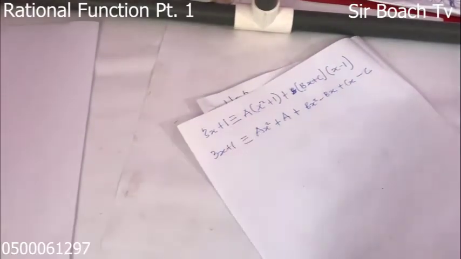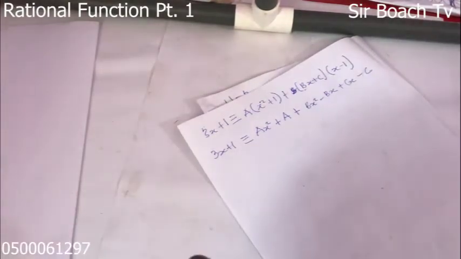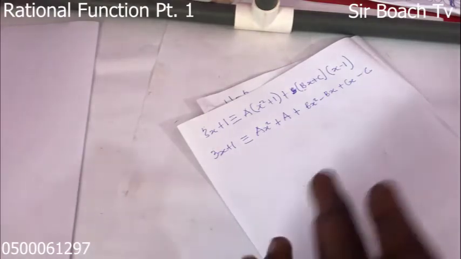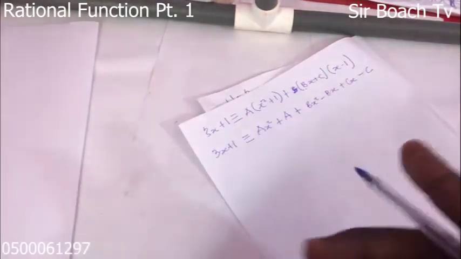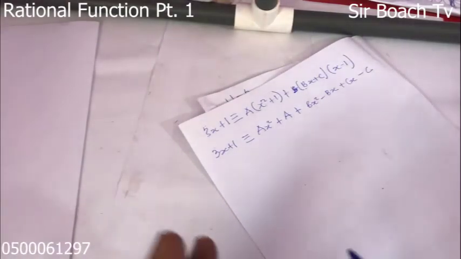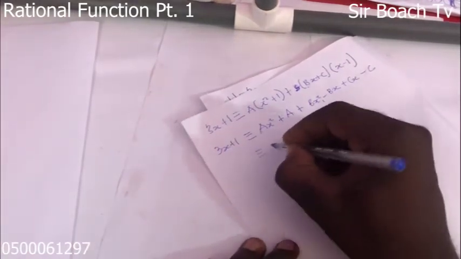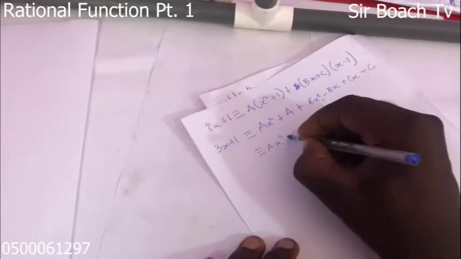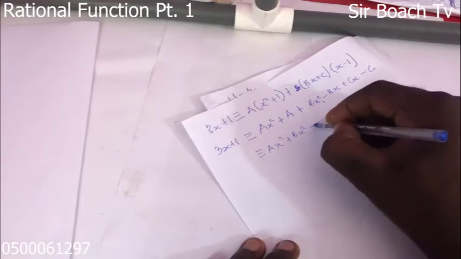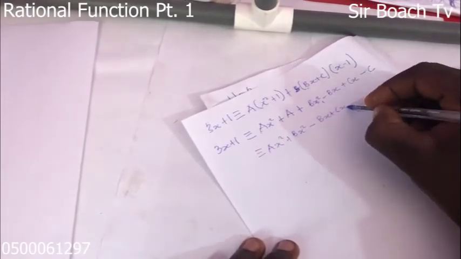Now, what do we do from here? After expanding this one, we have to group them. We have to group everything together. So grouping them, you know, the one with the square will come together. Okay, we are grouping the one with the squares. So this and this are the same. So we are going to get as square plus bs square. Now this for this and that. So let's come to this, minus bx plus cx,